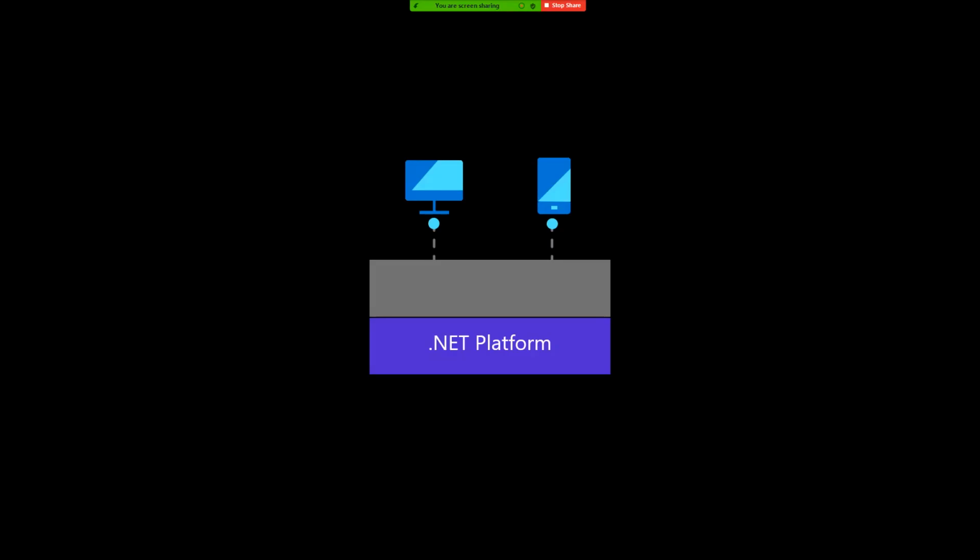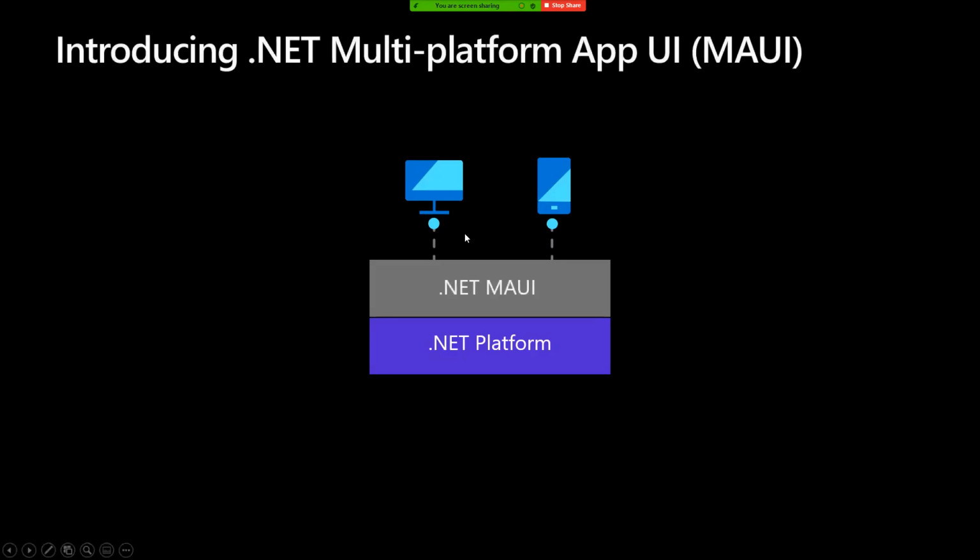So by bringing Xamarin into .NET proper, have it build on .NET, we are calling ourselves the new .NET multi-platform app UI. So .NET MAUI is the acronym. And MAUI seeks to unify a cross-platform native UI stack. So like I said before, it's the native controls.